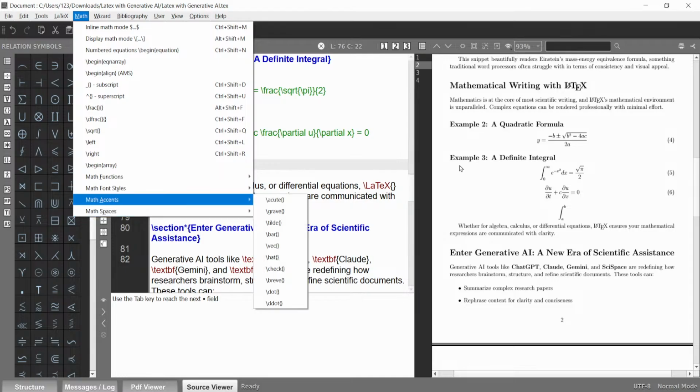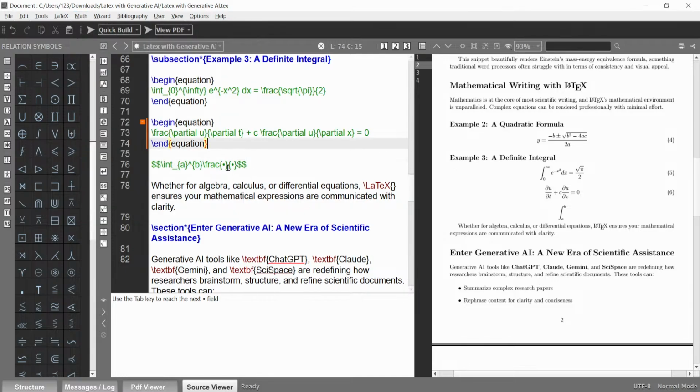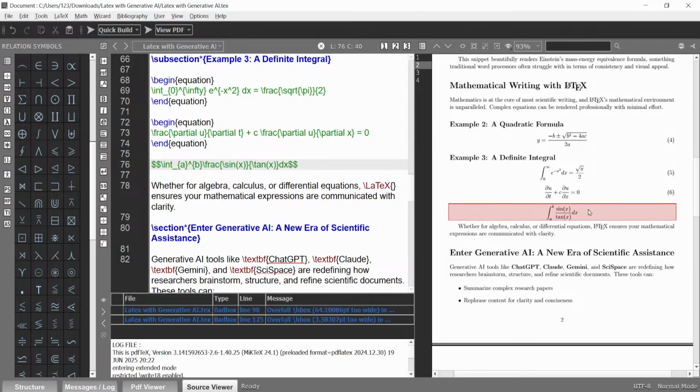Okay, so here you can put your expression. Suppose that here is slash sin x, and then at the bottom I have slash tangent x. Okay, tangent x. Then I have dx. This is the expression.